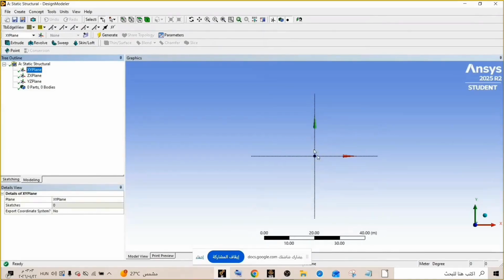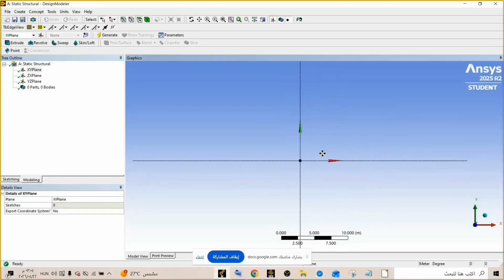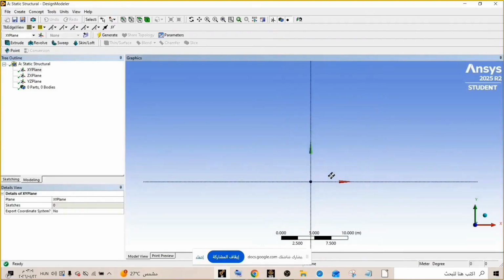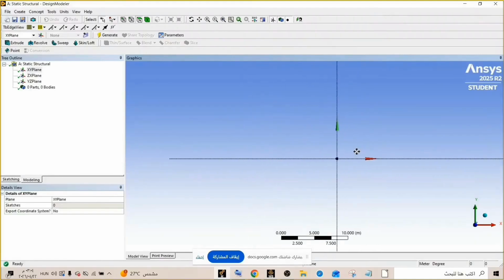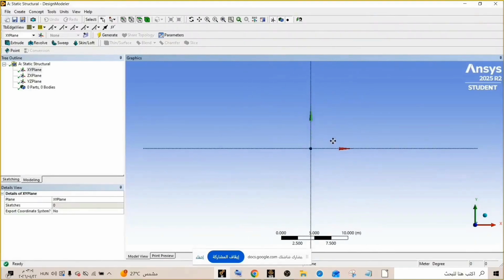So I can now view it in the normal direction. So this is X and this is Y. You can use the scroll button on the mouse to zoom in and zoom out, and you can click on control and scroll, and you can move.